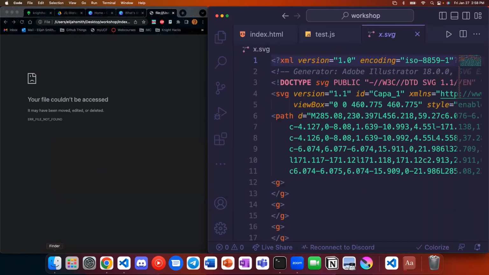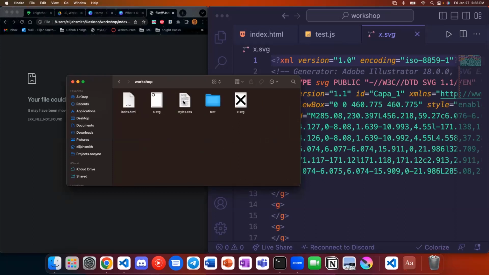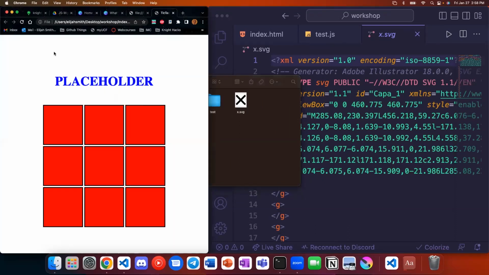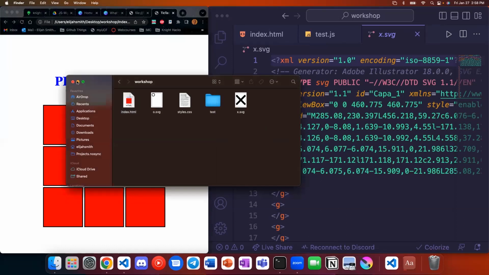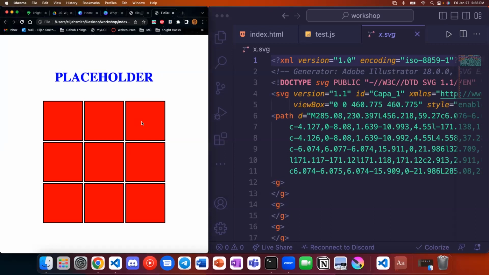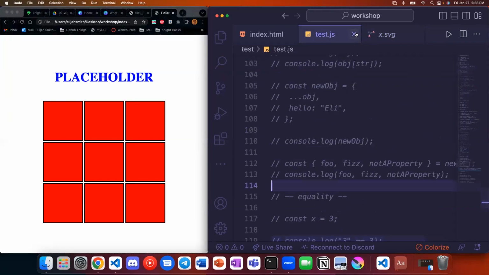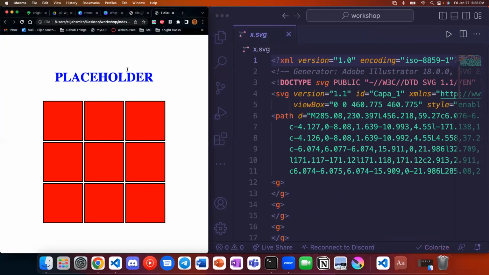Cool. And then I can go back in and we'll open wherever those files are in our workshop, we'll open index.html. This is not great. It's passable, but we have our tic-tac-toe board here. We have a header at the top, which we'll use to specify what is currently going on in the game. And that's it. Right now it doesn't do anything. If I click on it, nothing happens because we don't have any JavaScript yet. So it's not interactive. It's just a bunch of static content.